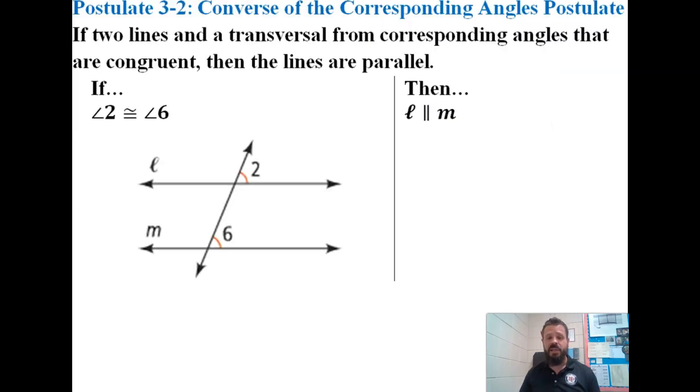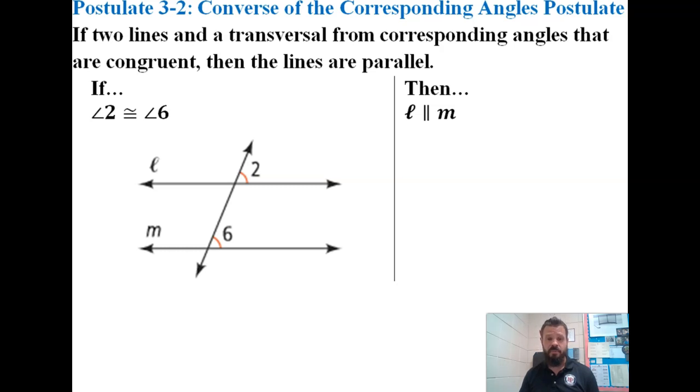We're going to begin things today with the converse of the corresponding angles postulate. Now, in the last lesson, we gave you the corresponding angle postulate. It just said that if a transversal intersects two parallel lines, then we know that corresponding angles are congruent. Today, we're going to look at the converse of that statement. Remember, converse means take the if-then statement and flip the order. The converse of the corresponding angle postulate says if two lines and a transversal form corresponding angles that are congruent, then